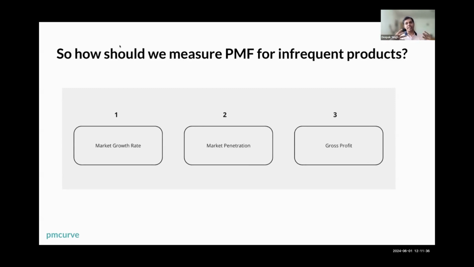Or they took it and it's a difficult market to crack. Again, I'm not saying that they didn't have this in mind. That's a hypothesis, right? But maybe they tried it, but it didn't pan out because different markets behave differently. But gross profit is where they are struggling, right? Even if they have a higher penetration, even if they have a higher share of market, right? So all these three signals need to be evaluated for infrequent products to have a sufficient condition of PMF met.